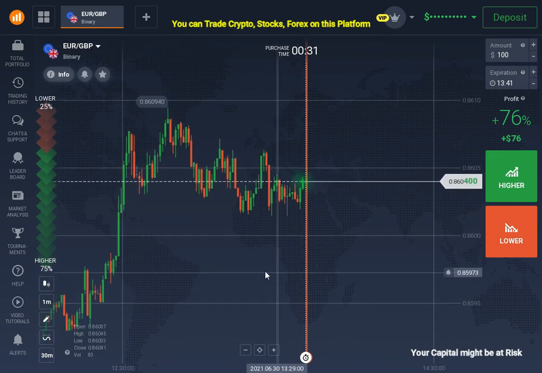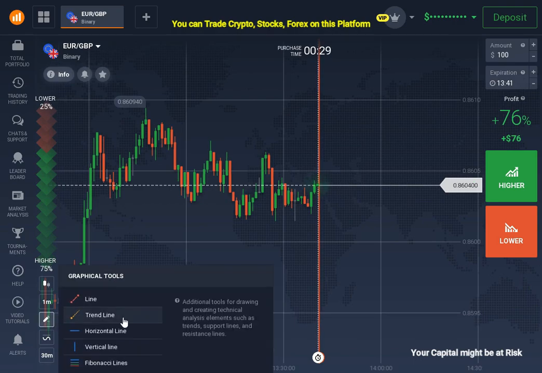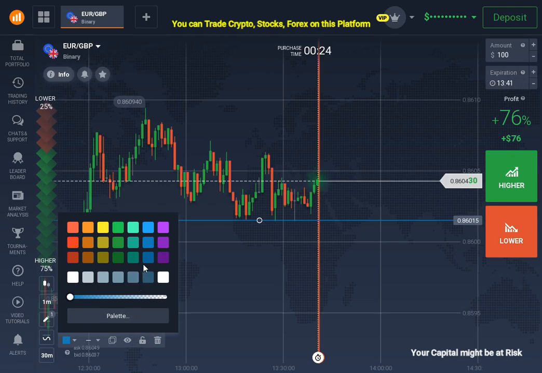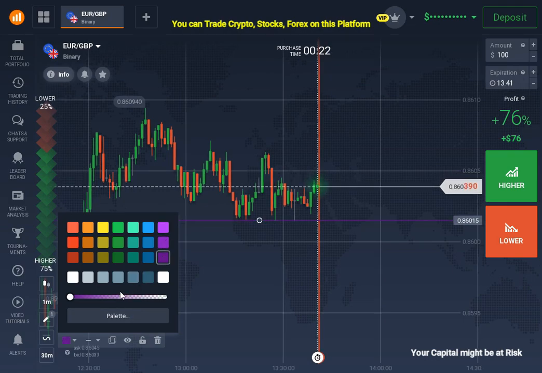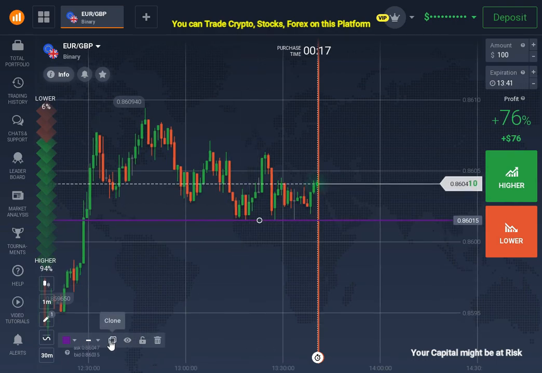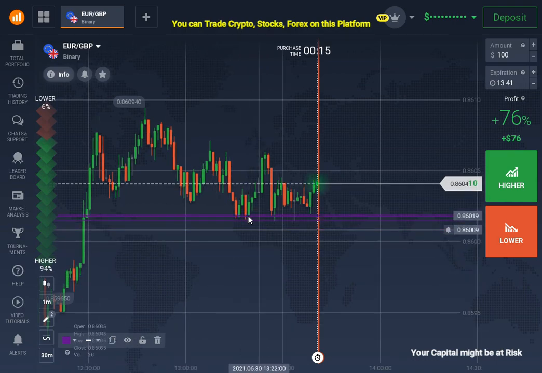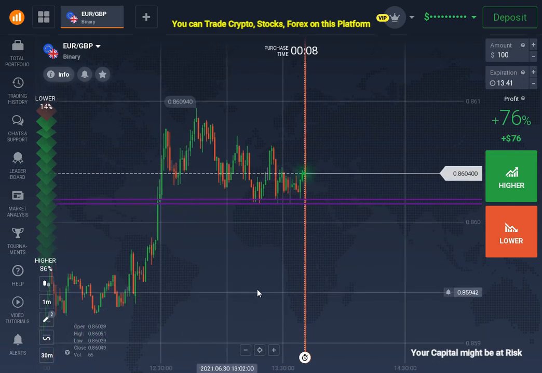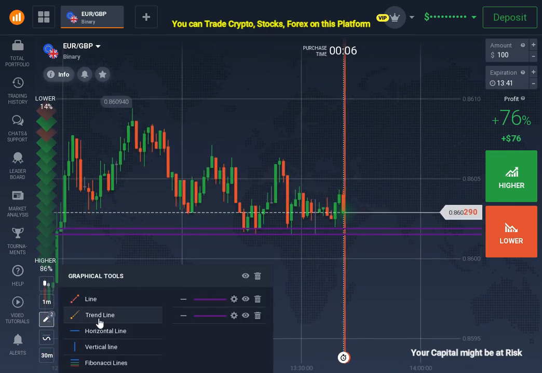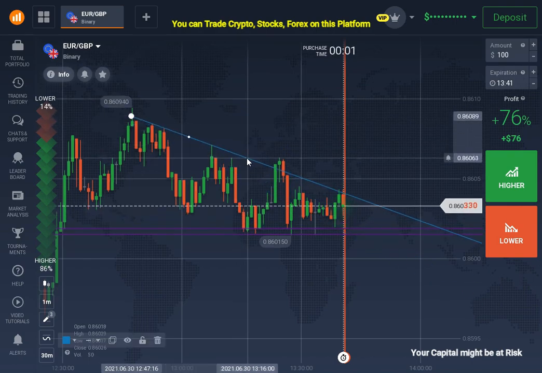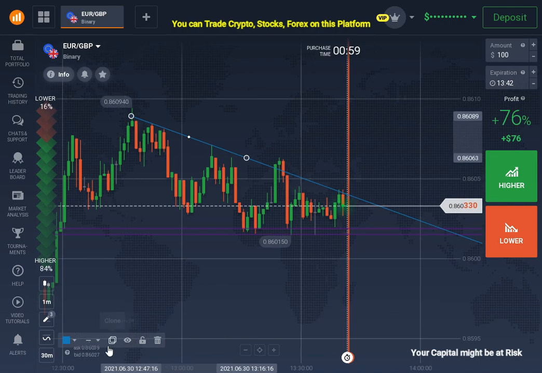So first of all, let me draw some levels, and this is a support level. Okay, and we will draw an area. So this is an area of support, and let me draw a trend line because this will work as a resistance. Okay,